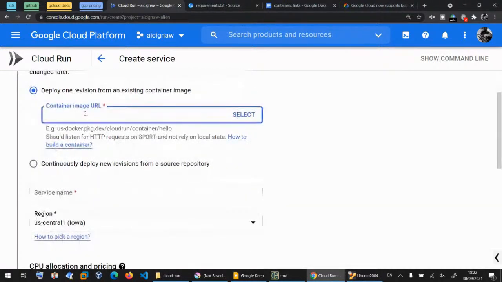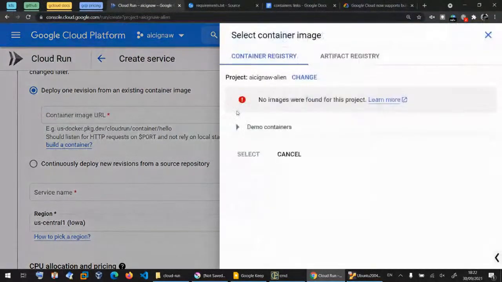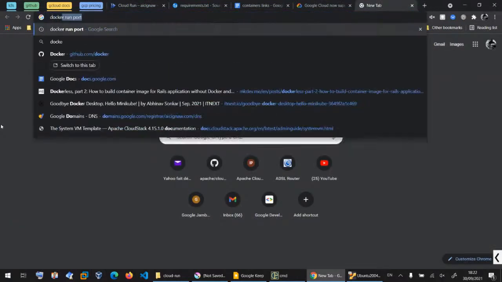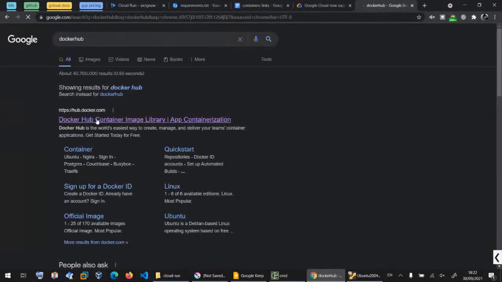So here it asks me, where is your container? Because we said that Cloud Run runs containers. If I do select, it tells me where your container is hosted. Is it hosted on container registry or artifact registry? So what is a container registry? A container registry is like Docker Hub. So Docker Hub,